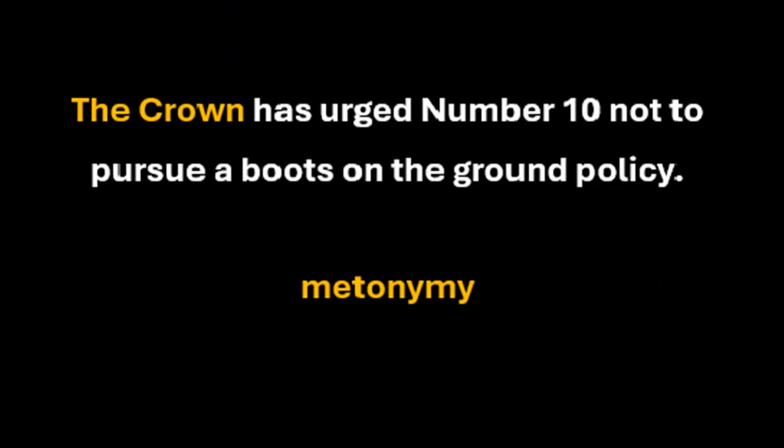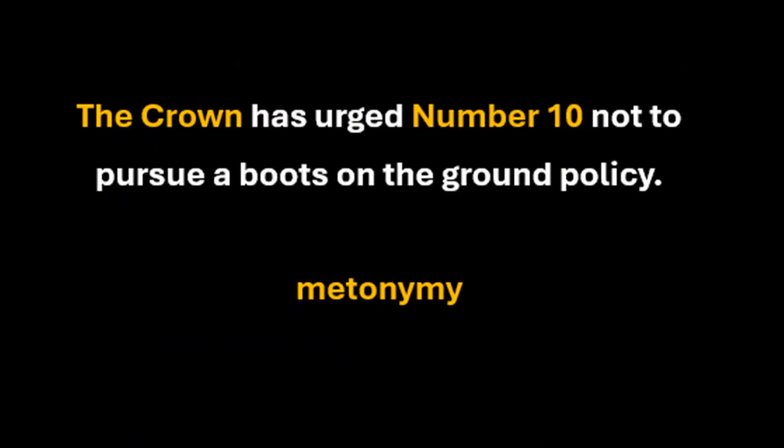And in a very similar way, Number 10 stands in for Number 10 Downing Street, which is the seat of the British government. So if the Crown is the king, Number 10 means the Prime Minister, the cabinet and the Prime Minister's office. So that's a fairly obvious example of, again, metonymy, because one term is simply substituting for another. Number 10 is not part of the government. Rather, it substitutes for, it stands in for.